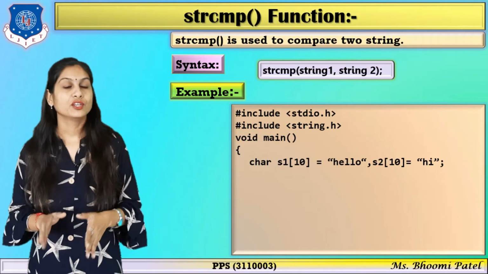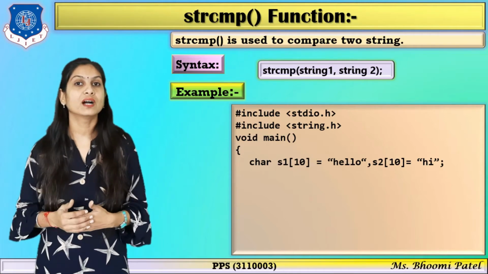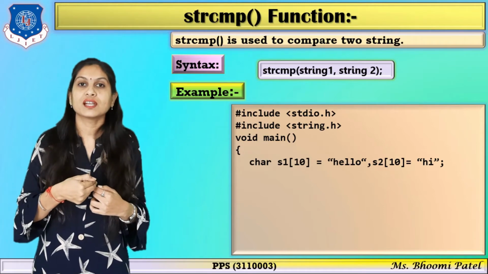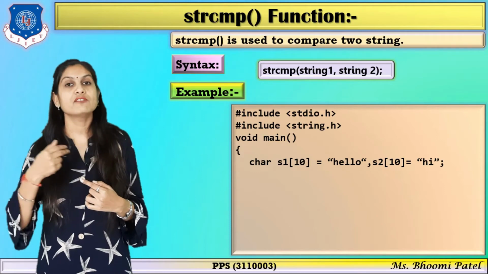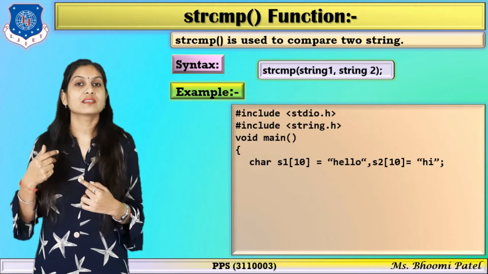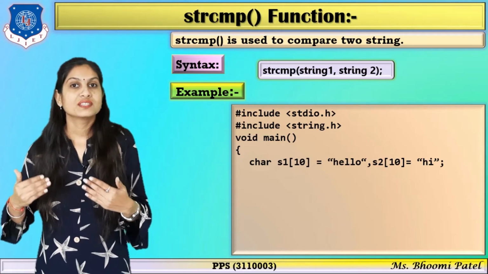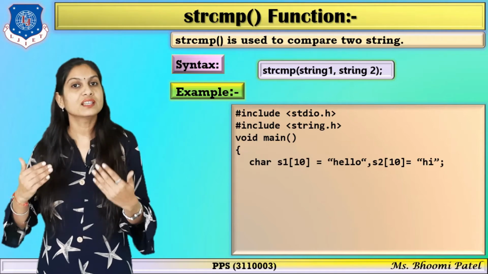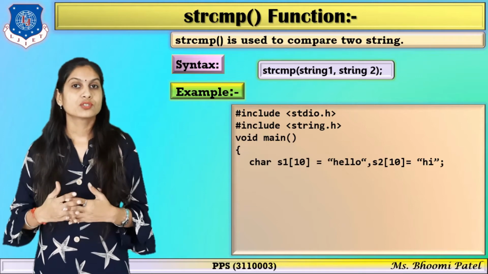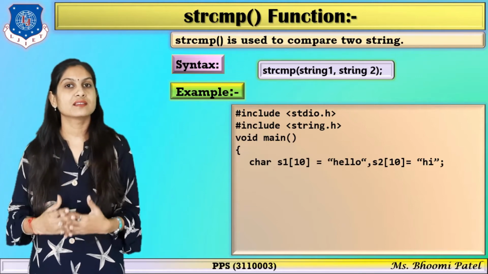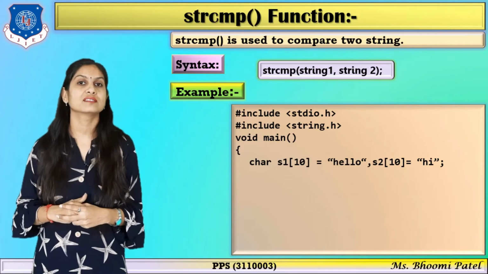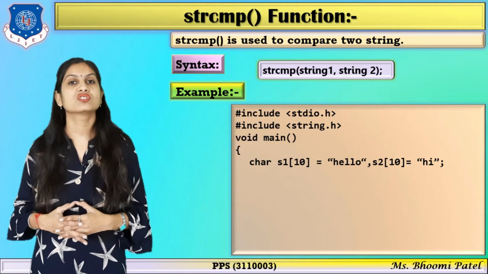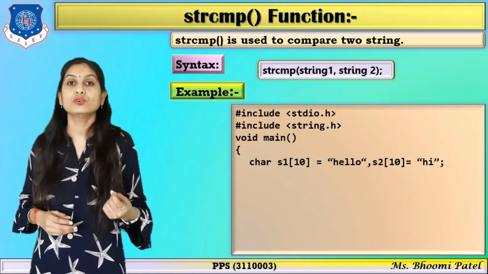Now this function is used to compare two strings, and how does it work? It has to check all the characters one by one. It checks the first character of the first string and the first character of the second string and finds the ASCII difference. If the ASCII difference is 0, then it moves on to the second character, and if again it finds the difference 0, then it moves to the third character, and likewise it performs. So when the ASCII difference of all the characters is 0, that indicates both strings are the same. But suppose that difference is not 0, then we find that both strings are not equal, and for that we have to use an if condition.